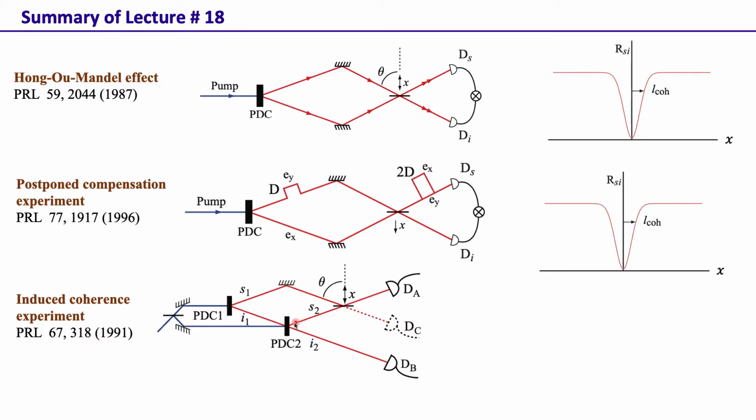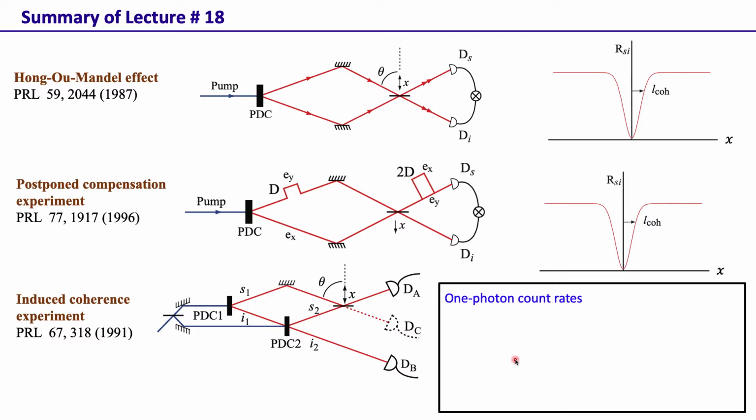Now, the path length difference between these two alternatives in a regular setup is about 15 centimeters or so, but the coherence length of these photons, these down-conversion photons, is of the order of 100 micron. So, there is no way this effect can be explained in terms of first order coherence. So, the way this was explained,